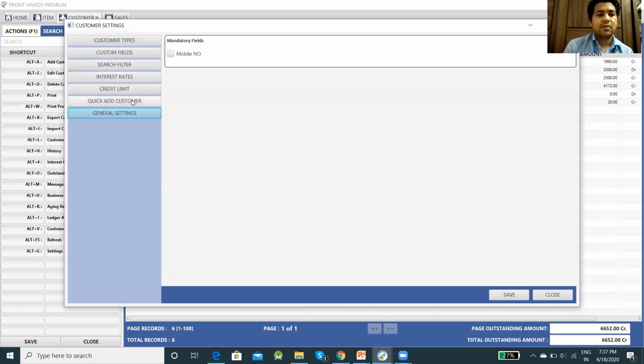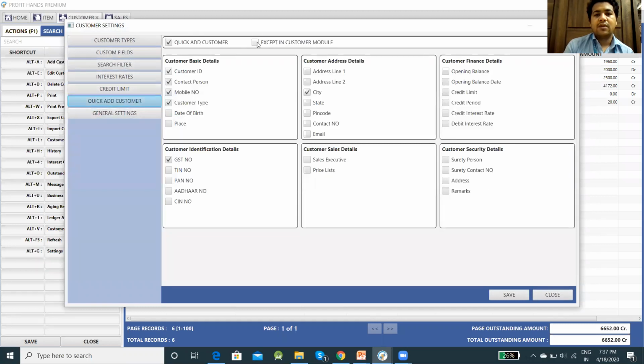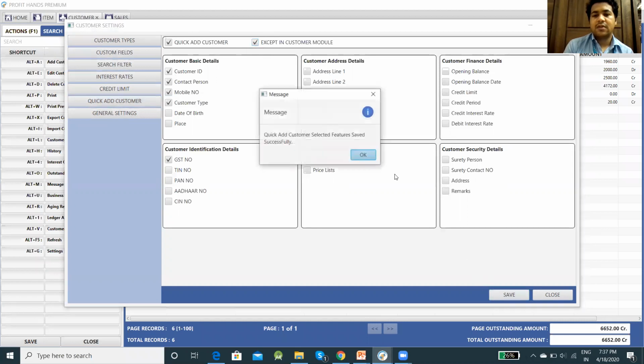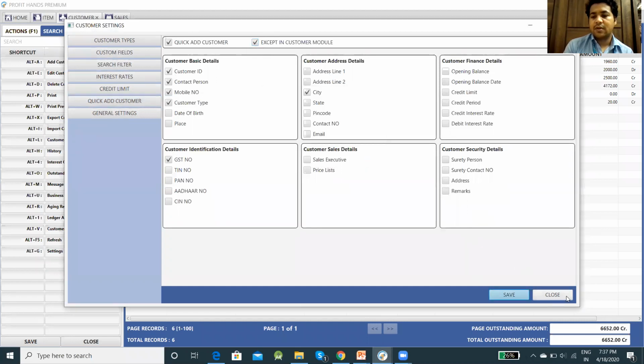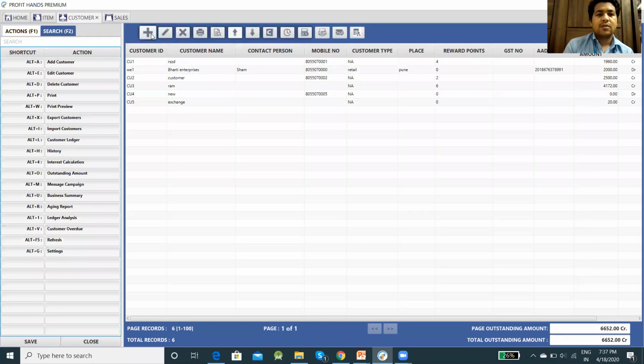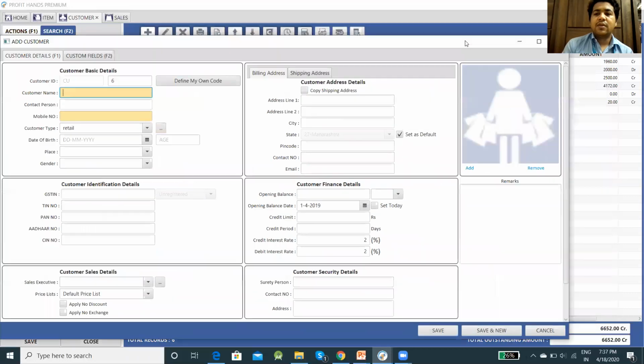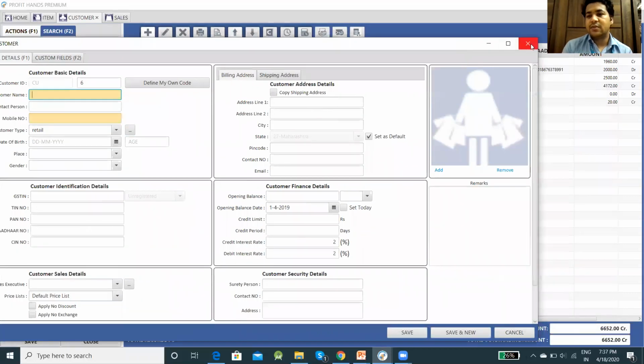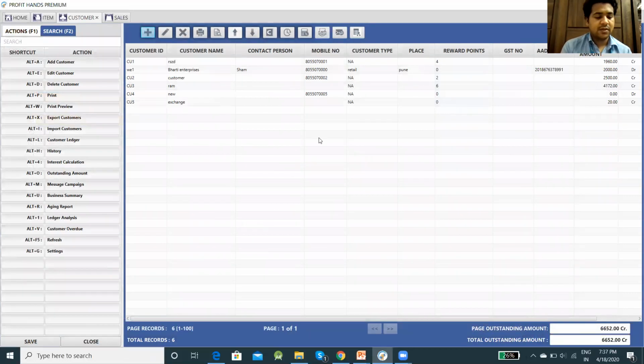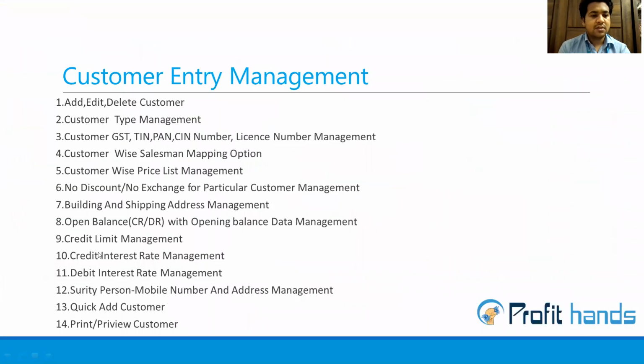Click on quick add, and I will click on this accept in customer module. Save it, okay, and close it. So here you can see a full window is appearing. So in this way, you can use the quick add customer feature, and the next module is print